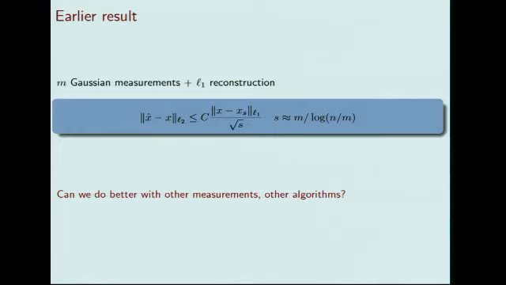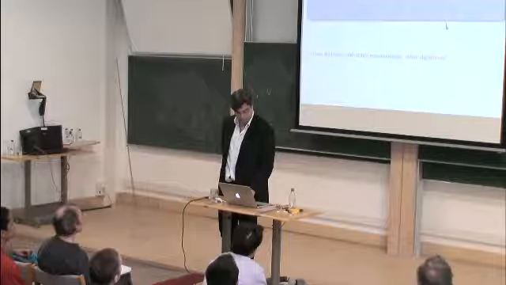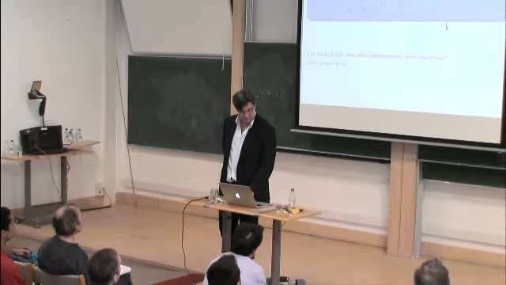So perhaps we don't believe in Gaussian measurements, perhaps we don't believe in this theory of compressed sensing at all, maybe we don't believe in L1, there's a lot of things we can question in here, and so we would like to know whether I could get a better bound with other algorithms. Now I'm going to develop a classical argument that appeared in the paper by David Donoho showing that it is not possible. The short answer is no.